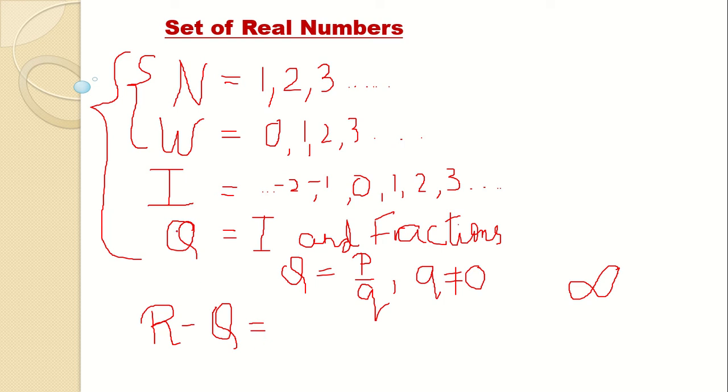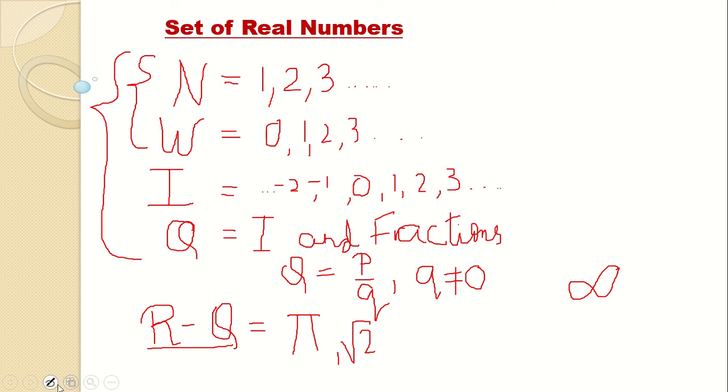Okay, so set of rational numbers and set of irrational numbers. Irrational numbers I have denoted by R minus Q. Set of rational numbers and set of irrational numbers are totally disjoint sets. Two different sets. Disjoint sets definition we have seen in the sets lesson. So these two are totally disjoint sets and they will have nothing common to them. Okay, the proper definition of irrational numbers we are going to see later on, but the examples I'll give you: pi, root 2. These are examples of irrational numbers.